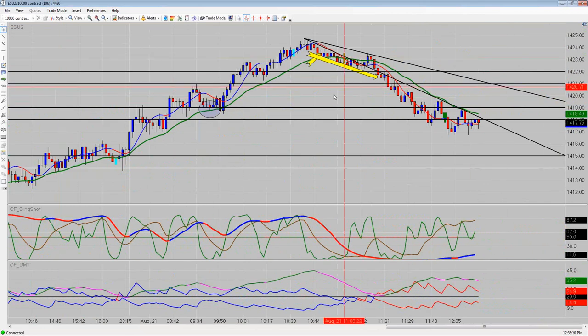But I think right now, the way the DOM has been acting pretty much all morning, it's been pretty much even all the way through. When we were in that trade this morning, the bid and the ask were both sitting right around 24,000. So that suggested that it was going to be really choppy. We got this move down that stopped us out right here, but now we're right back to chop. So in the bigger picture,